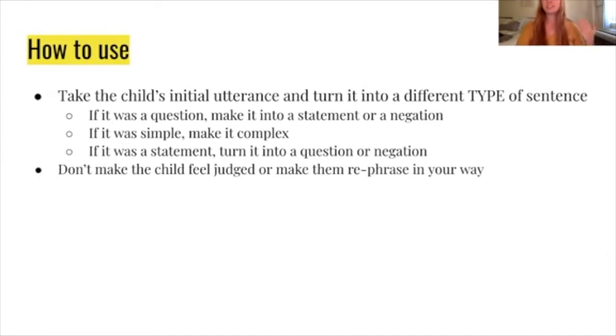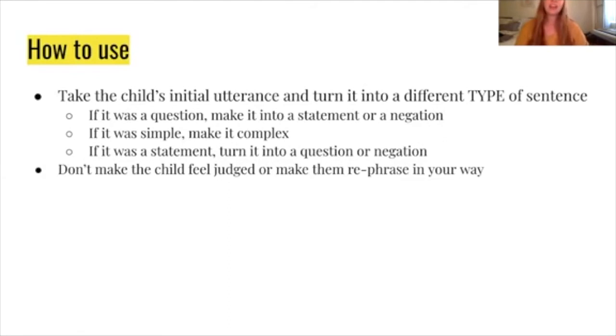So if they make a simple utterance, it's going to say, I like to run. A complex utterance would be, I like to run when it's raining or when it's sunny. And so it's kind of similar to the expansion and extension aspect of it, but we're focusing on changing the complexity of it. And then the last example of if it was a statement, turn it into a question or